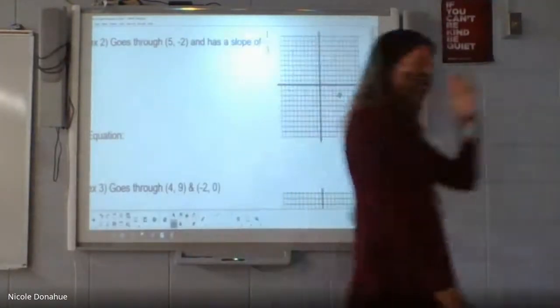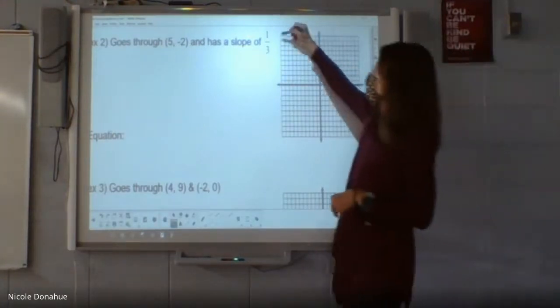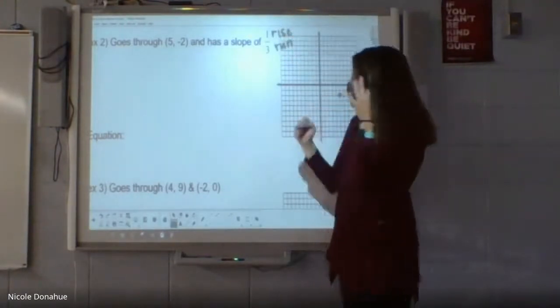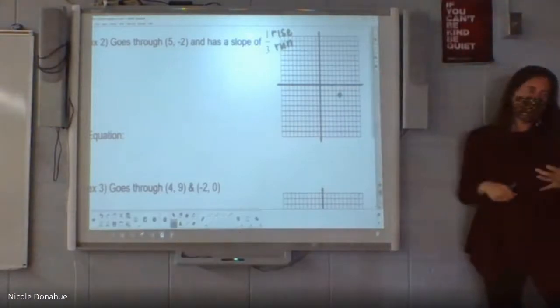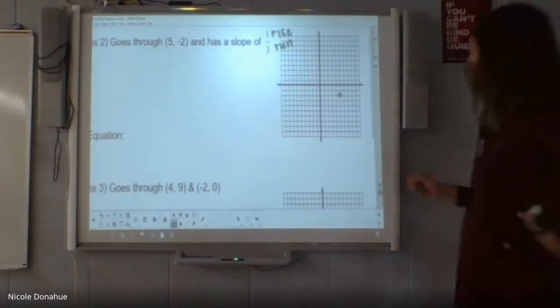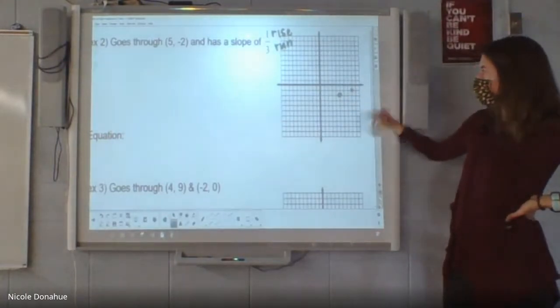And the slope is 1/3. So I'm actually going to graph it before I write the equation. We can write the equation here in a minute. A slope of 1/3, so that's rise over run. Now this one is positive, so this is going uphill, positive. It's a pretty gradual slope, so I should be aware 1/3 is a pretty small number. So I know it's going to be a really gradual uphill, but still uphill. So I'm going to go up 1 and over 3, up 1 over 3.